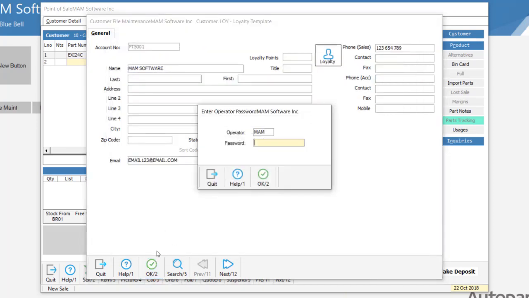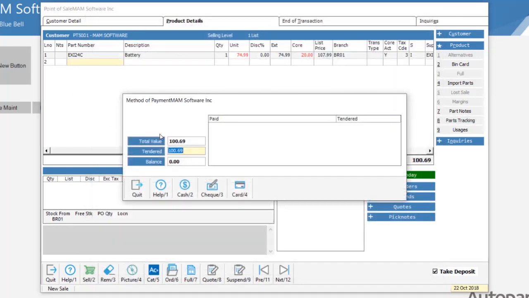So once I hit OK, I'm just getting a quick prompt because I'm creating a new account number, and I'm back to the sales screen. You'll notice up in the top left hand corner we have a sequential account number, PT5001, MAM software. So this time if I just take cash,